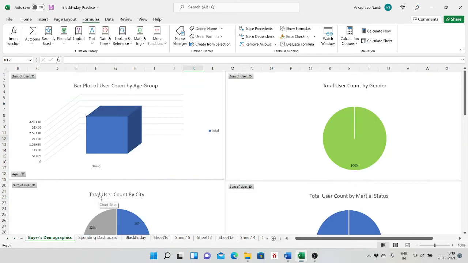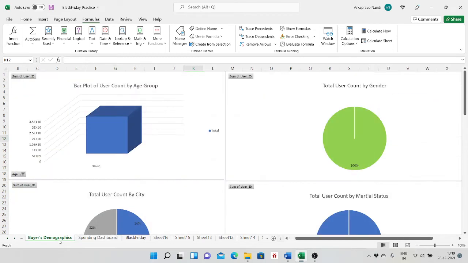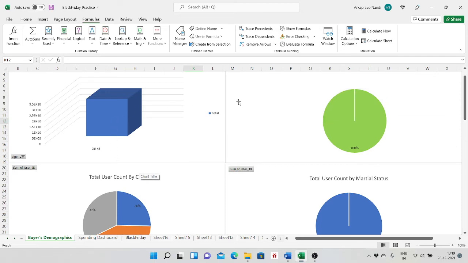Similarly, it can be seen that when I have taken the male group and selected a certain age category and a certain marital status, the buyer's demographic chart is also getting updated,